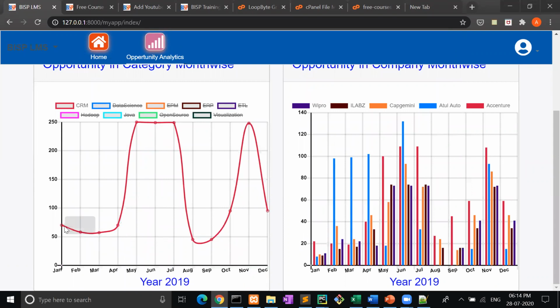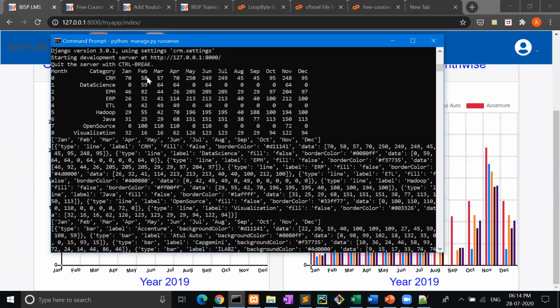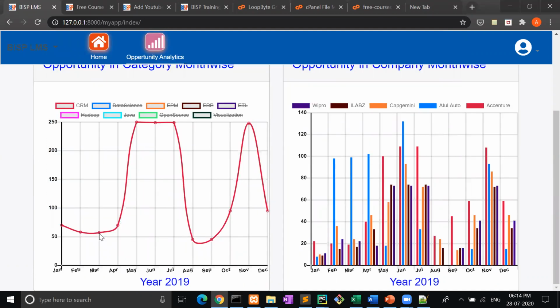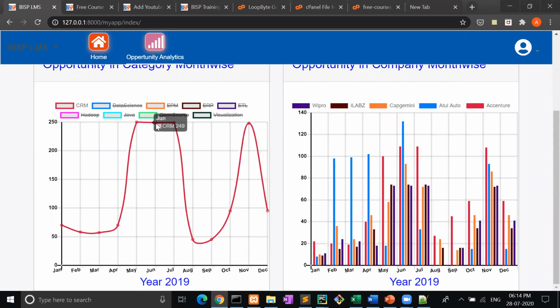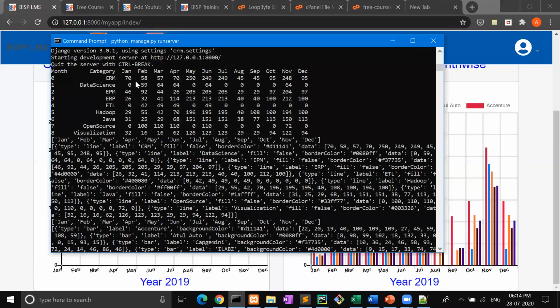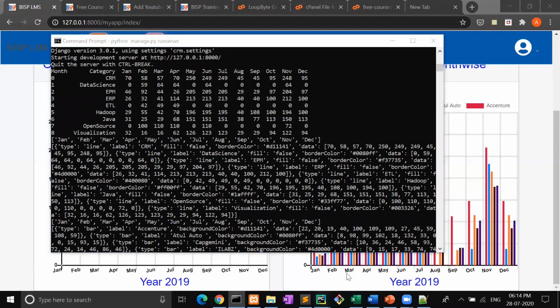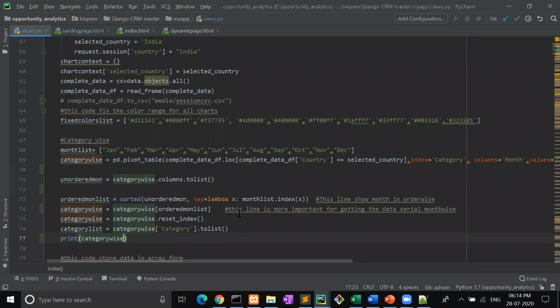CRM January 70, 58, 57, 70, 57, 70, 250, 249, and everything is in sequence: January, February, March, April. So this command arranges the data. This line is more important for getting the data serial month wise. That means it arranges the data, and then we have to reset index. After resetting index, our 50% work is over.